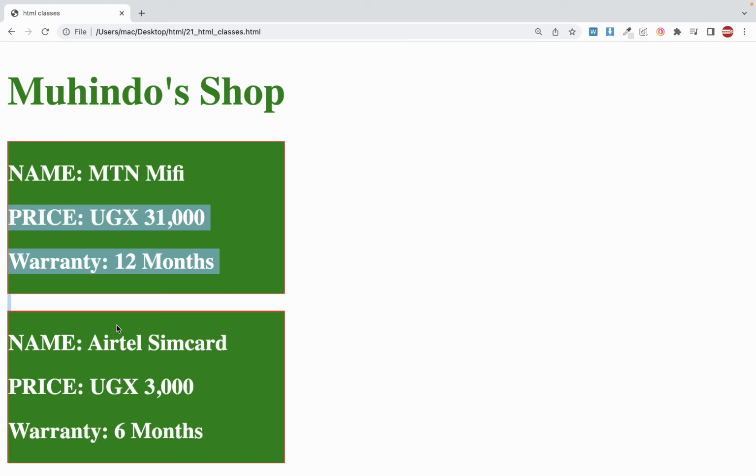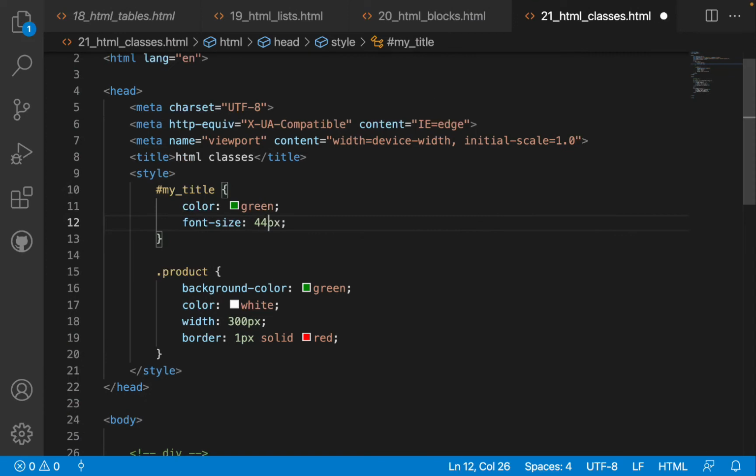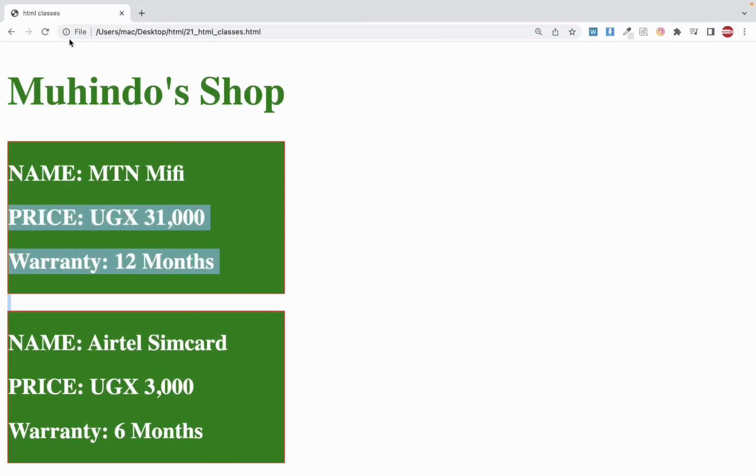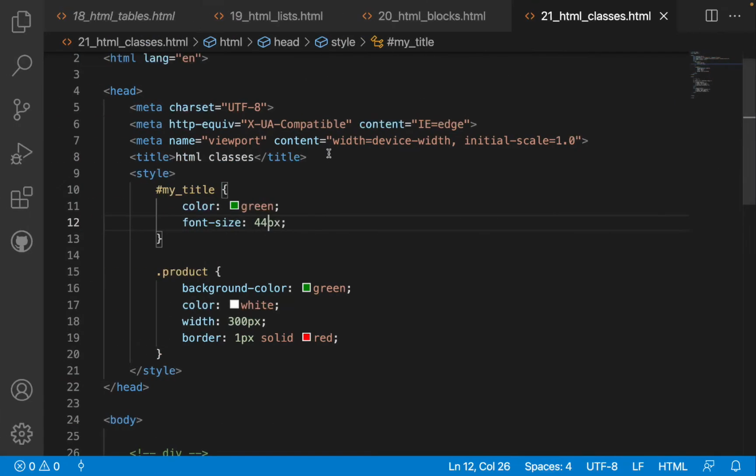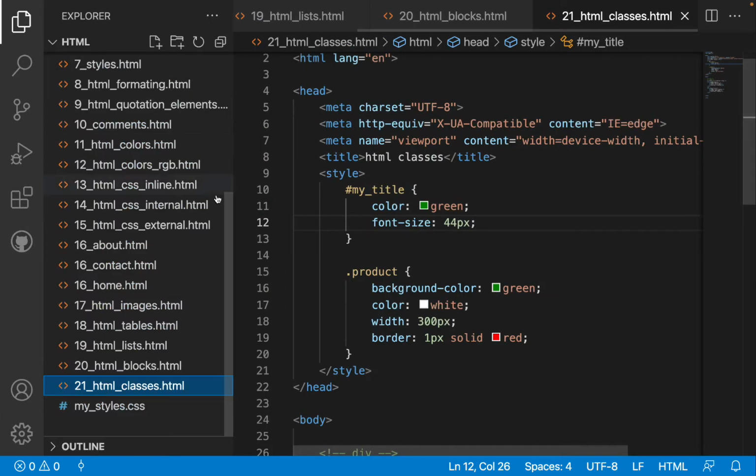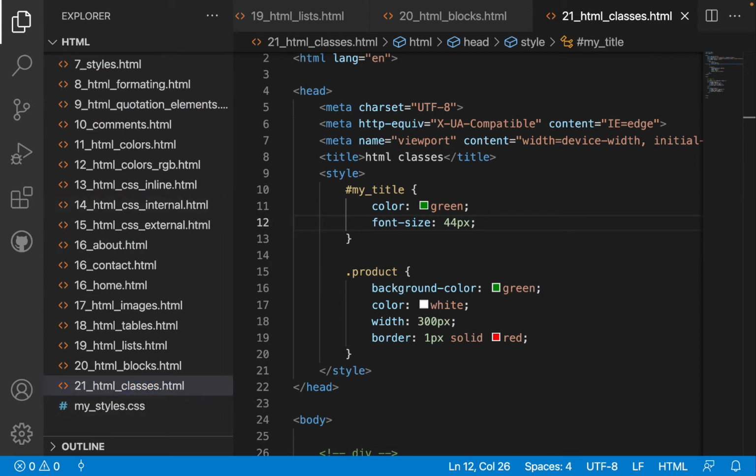Don't use the same ID on multiple what? On multiple elements. I hope I'm loud and clear. So we can use IDs on titles and the rest. So we have looked at HTML classes and what? And IDs. So let us proceed to another thing. We're going to proceed to